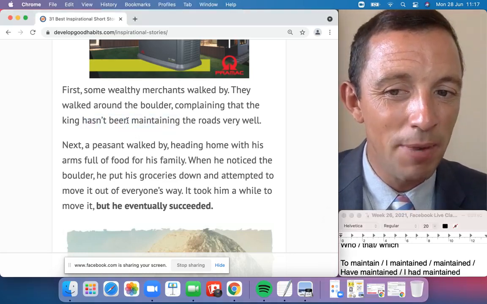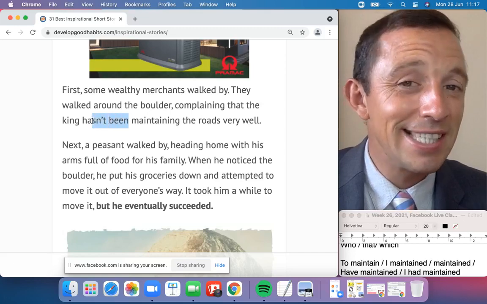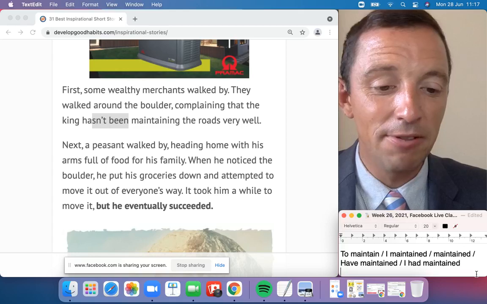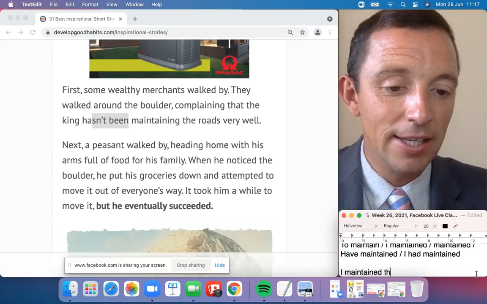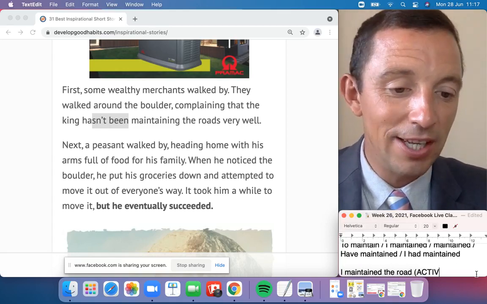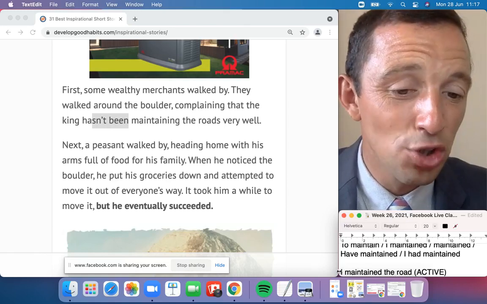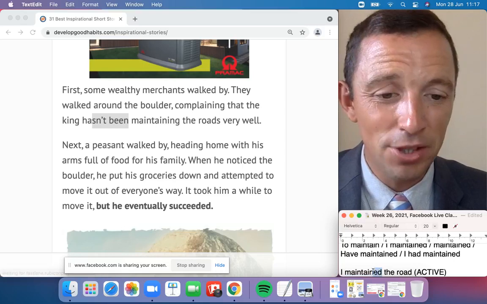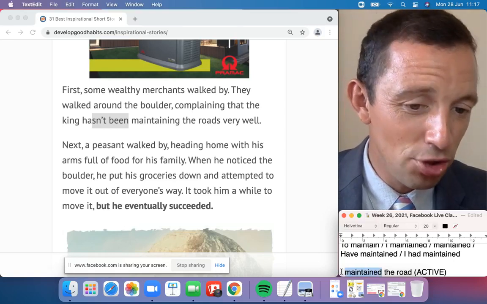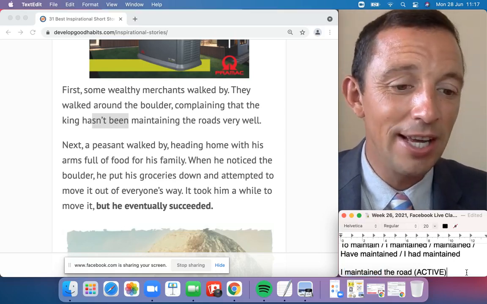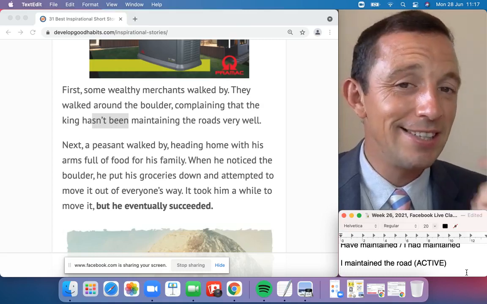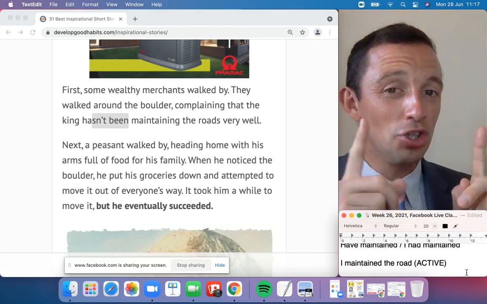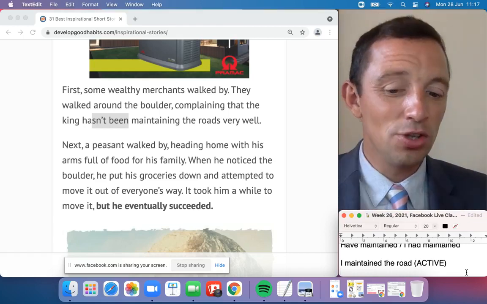So we have the verb to be, and I think this is an example of the passivo, because normally to create the passive, we say I maintained the road. This is considered the active because we have subject, we have the verb in the past simple, so it's an ordinary verb, subject, verb, and the object. That's considered the active. To create the passive, we change the position of the subject and the object. So for example, the road,